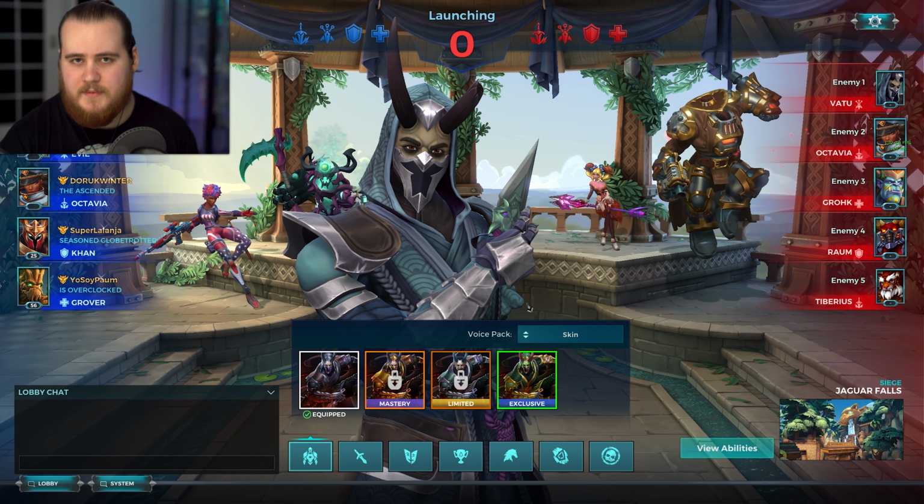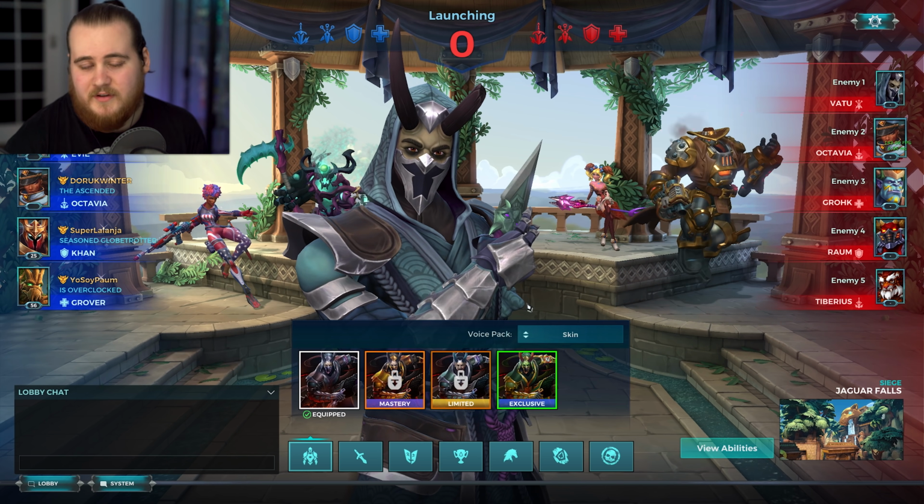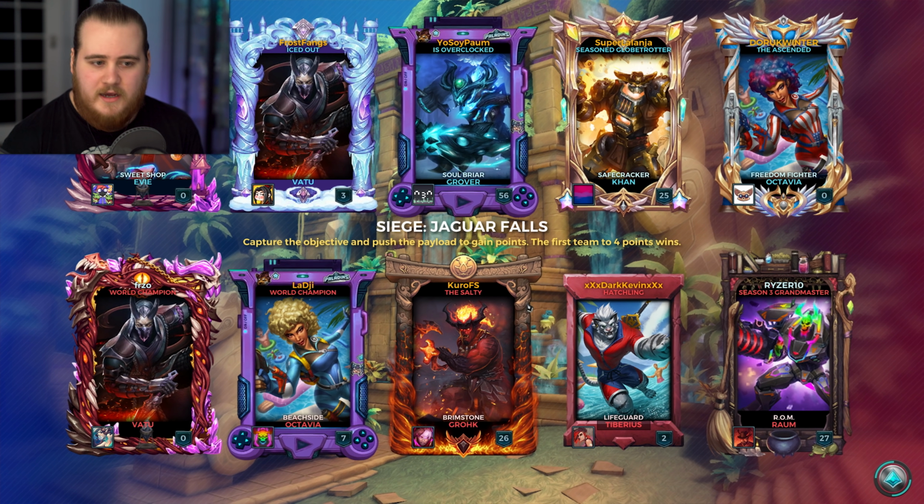We've got Siege Jaguar Falls again because I'm pretty sure it's set to just give us this map over and over again because it's the new one, which makes sense. But for the enemy team up, it's another Vatu, an Octavia, a Grok, a Tiberius, and a Rom, which I imagine is a bit of a favourable matchup for us because Rom should be free damage for me most of the time. Octavia might be a bit of a pain, same thing with Tiberius,